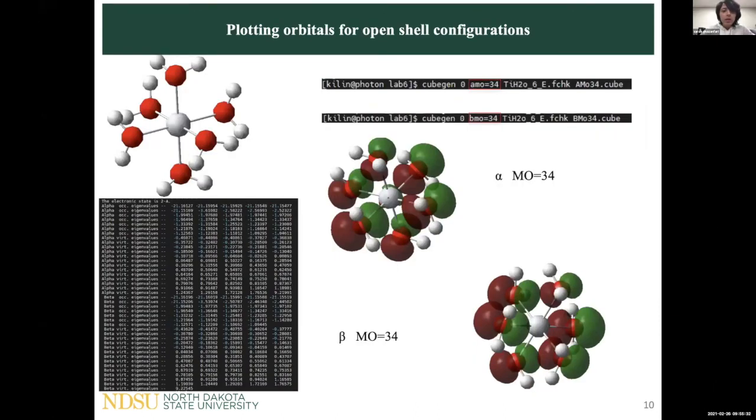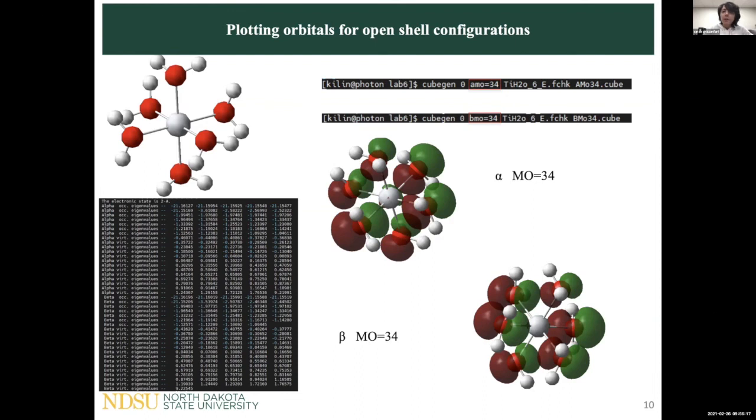And the last slides refer to plotting the molecular orbital for open shell configuration. If we change the multiplicity and charge, we end up with two orbitals, alpha and beta orbitals, which stand for up spin and down spin. As we had in the lab in the previous session, for the titanium with 6 water molecules, you can see that after minimization, after energy calculation and opening the log file, we have two types of spin, alpha and beta. Both have occupied and virtual